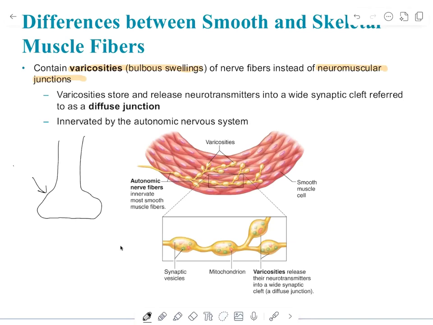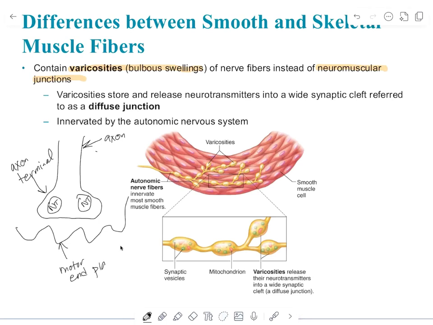So this part is the axon terminal. There is then a neuromuscular junction. So this is our axon. We have the synaptic vesicles, which contain neurotransmitters, the motor end plate, where remember there are receptors for acetylcholine, and